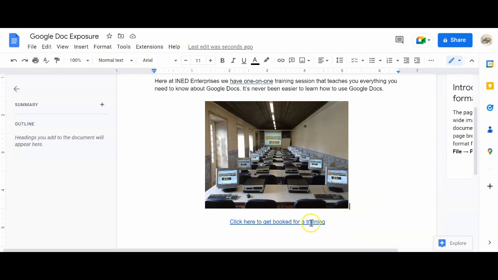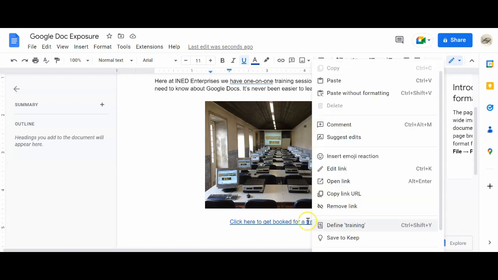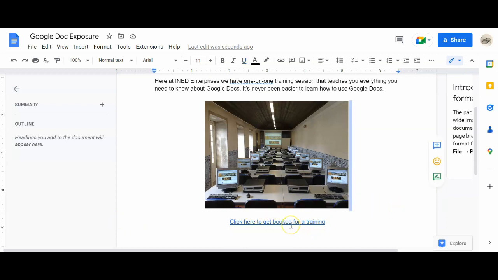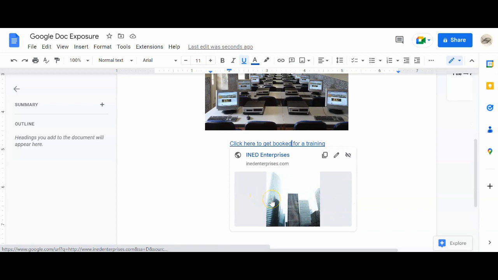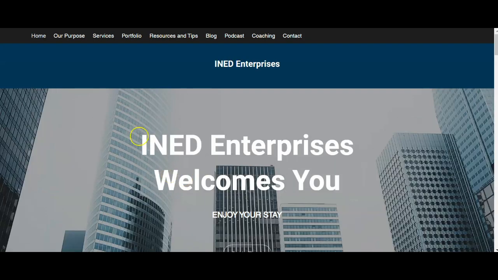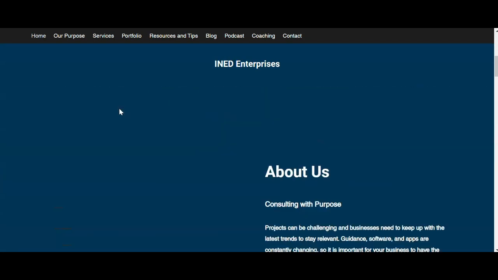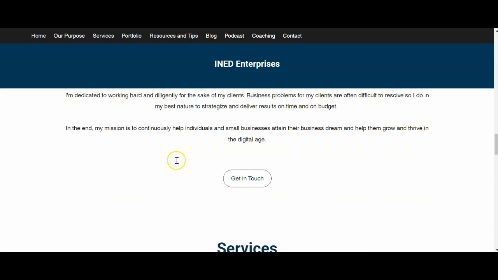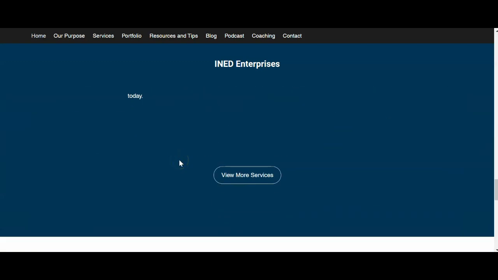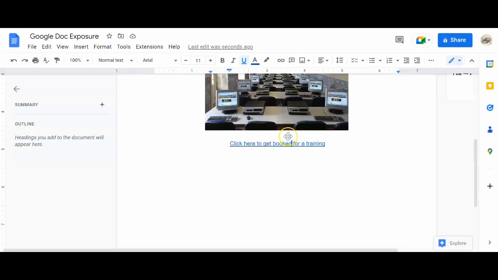So when I click on this, we're gonna right click and open for some reason. Oh, there we go. So have the mouse hover over, and then we could, like I said, copy and paste, or we could just click on it directly. It gives you a snippet of what the website has. So I'm gonna click on it, and right off the bat, it shows you my website here at iNet Enterprises. You know, the logo, the purpose, this good-looking guy, the services that we provide, XYZ. So yeah,